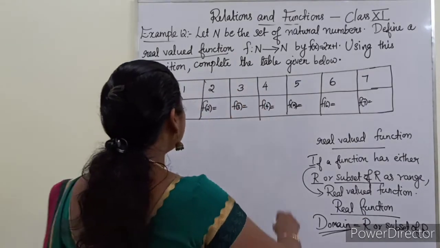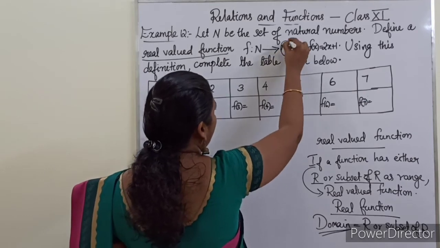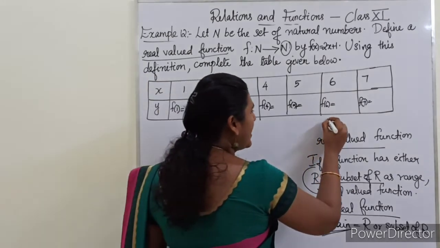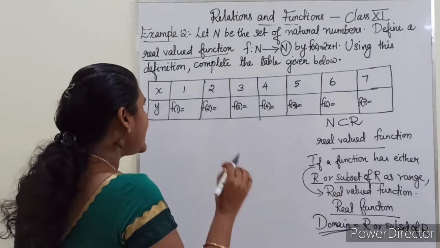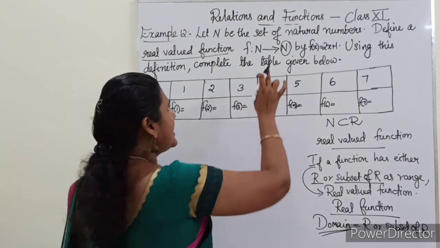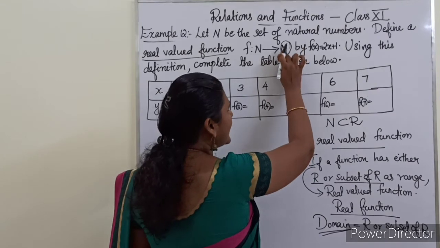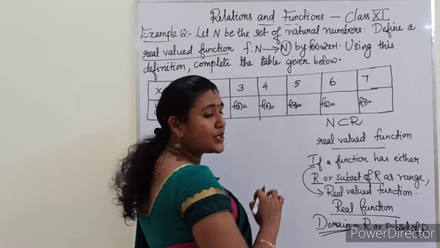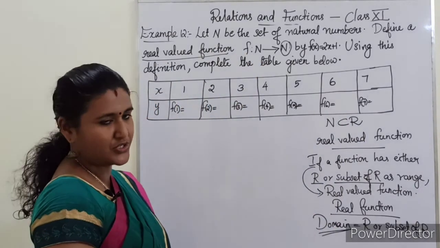Here in this question, f is from N to N, so what is the range? The range will be elements of N. N is the set of natural numbers, and you know that the natural numbers are a subset of the set of all real numbers. That is why they have mentioned f as a real valued function. Again, the range is a subset of the second set, which is the natural numbers, a subset of the real numbers. So we can call this function f a real valued function.